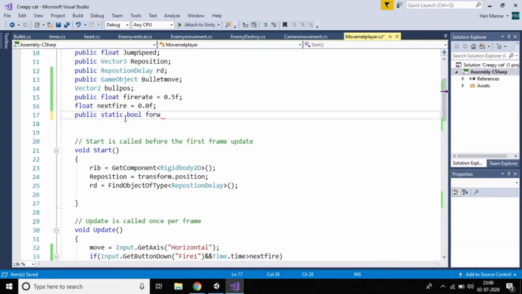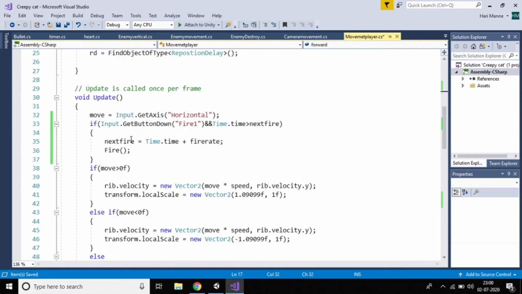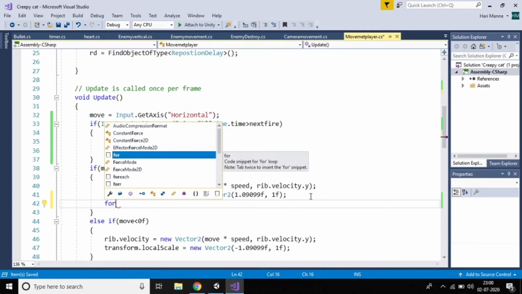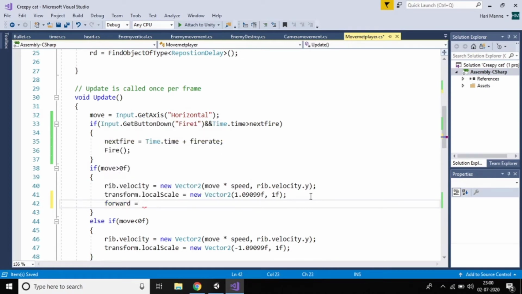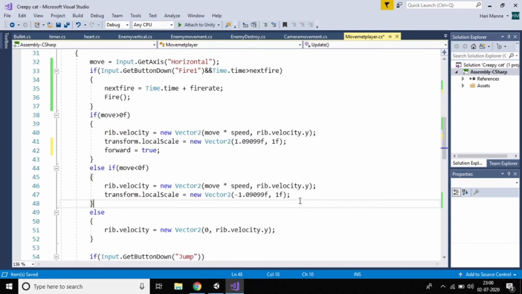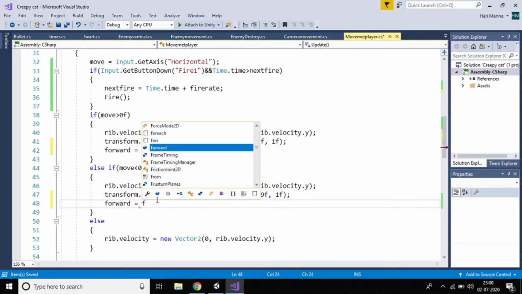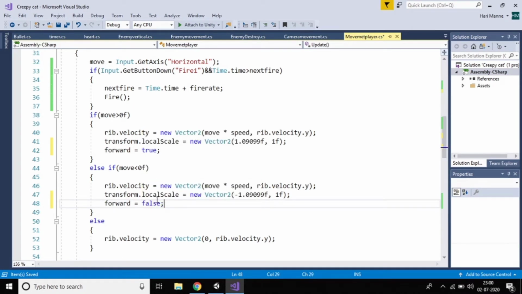If I move greater than 0, it should be true, so forward is equal to true. If I move less than or equal to 0, that means backward, so it should be false. I'll copy this and paste it here, it should be false. So this is the way.